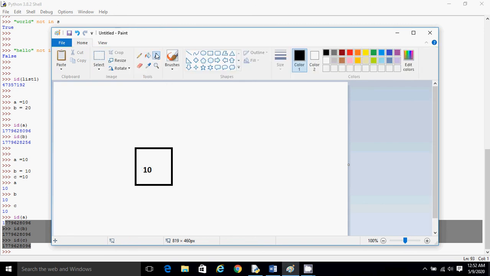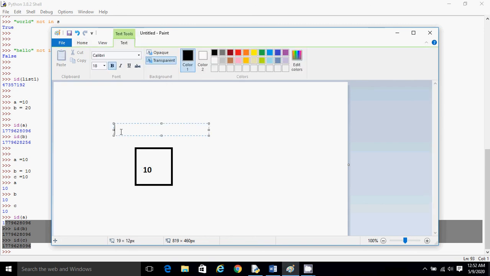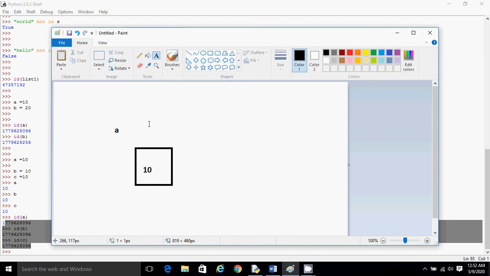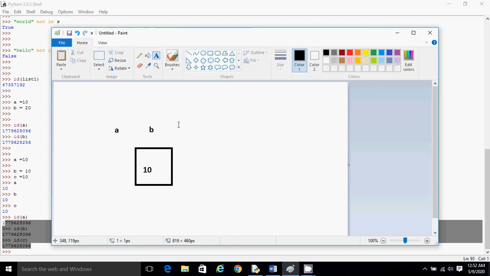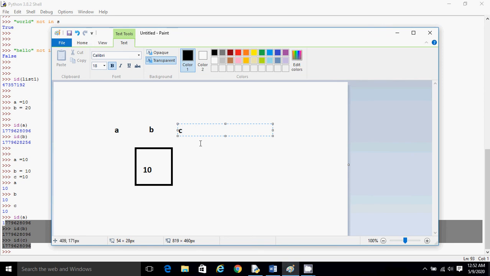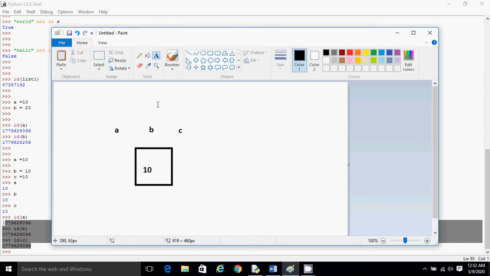Now if I talk about variable a, variable b and variable c, they will not have different locations. They all will indicate or refer to the same memory location. That's why all of them have the same id.